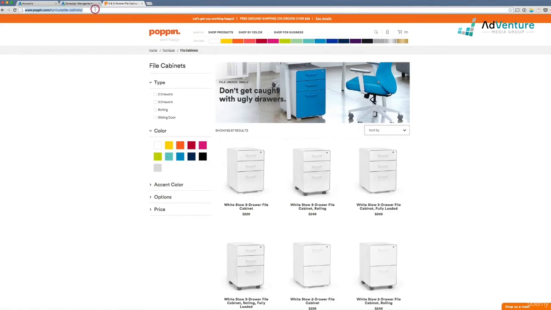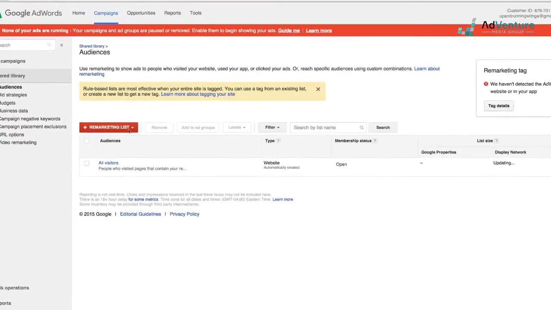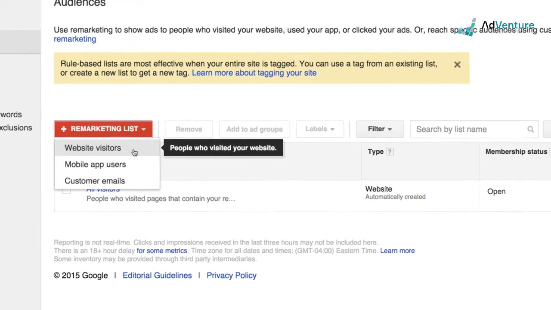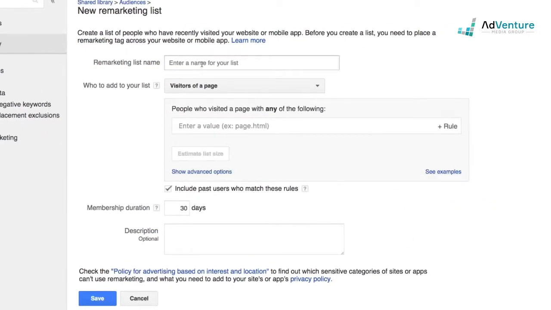So I'll copy this page, go back over to my remarketing audience. I'm going to create a new remarketing list, and it's going to be made up of website visitors. That's the remarketing audience type that we're going to be working with. So you click website visitors. We're going to name the list: visitors of file cabinets main page,